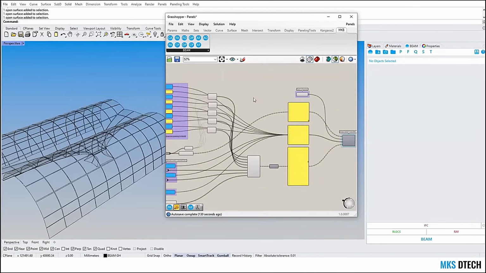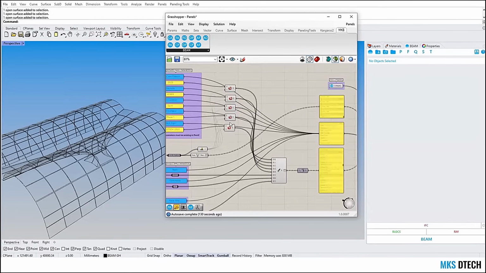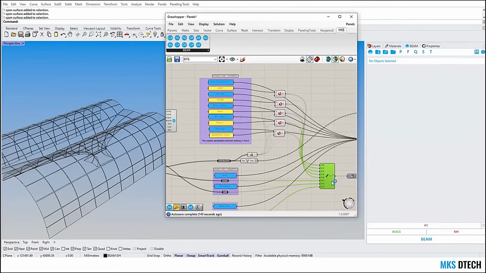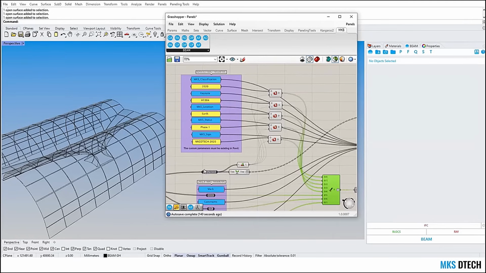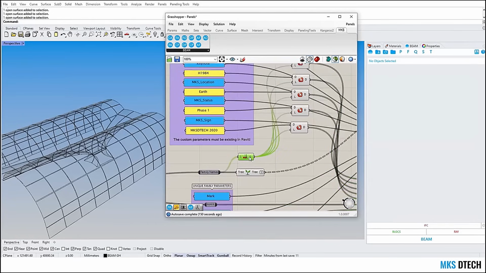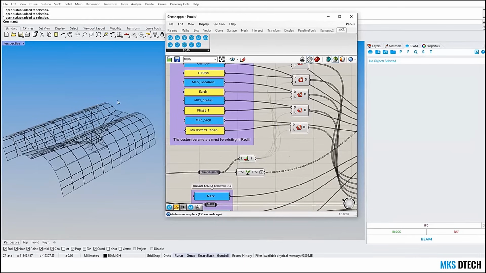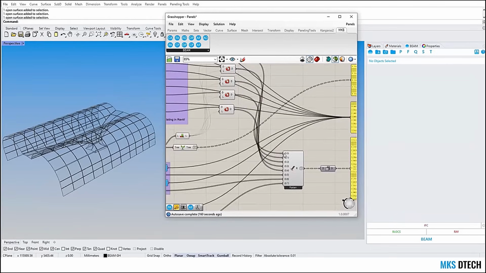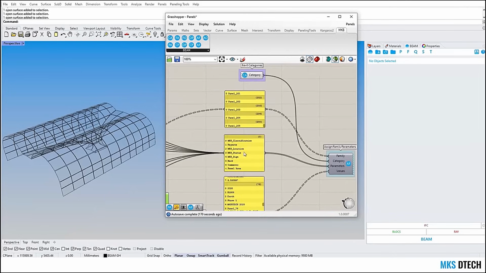I don't want to go, I think we are getting a little bit late, and I really don't want to go too much into detail about this workflow. But you have this Grasshopper file, so you can experiment as much as you want. But basically, what we're doing is just taking the families, getting the count of all the families that we have in our Rhino file after we have assigned them with our component. And then we are just doing a little bit of a list arrangement in here,